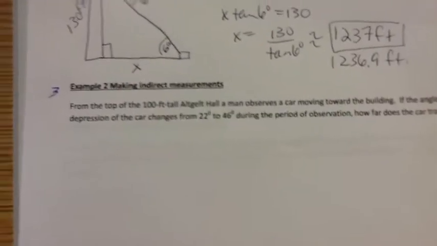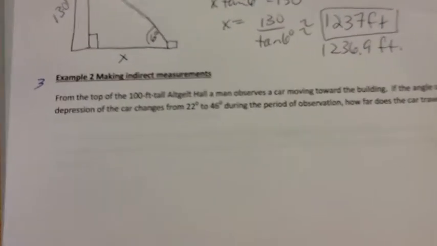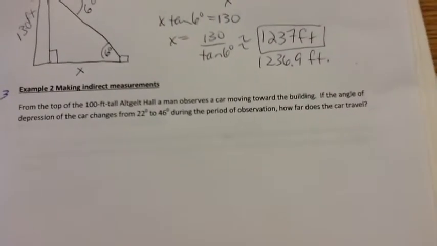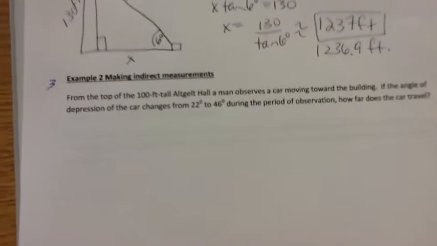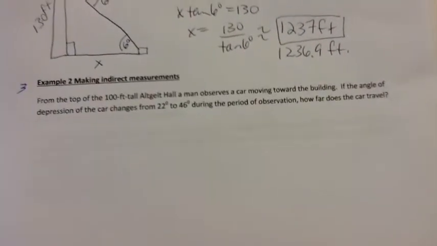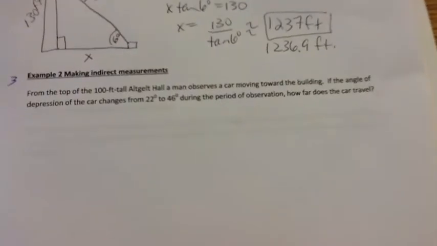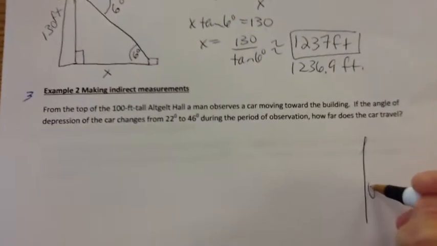So now the next problem has to do with a tall building. From the top of a 100-foot tall Algent Hall, a man observes a car moving towards the building. If the angle of depression of the car changes from 22 to 46 degrees during that period of observation, how far does the car travel? So let's see, we've got a 100-foot tall building,